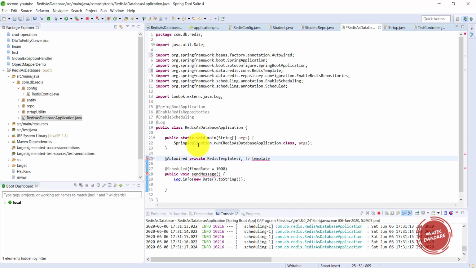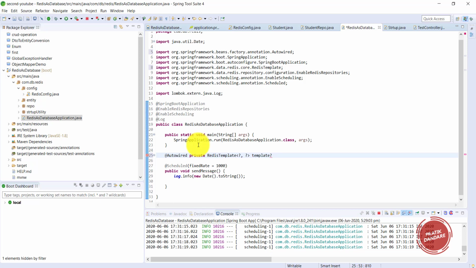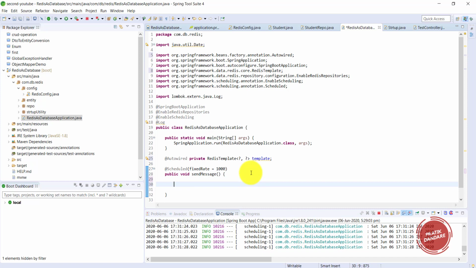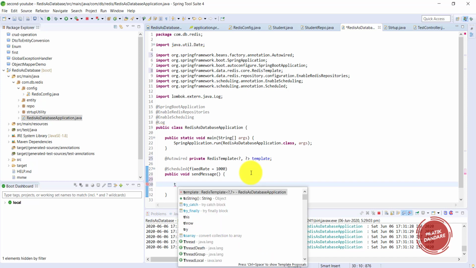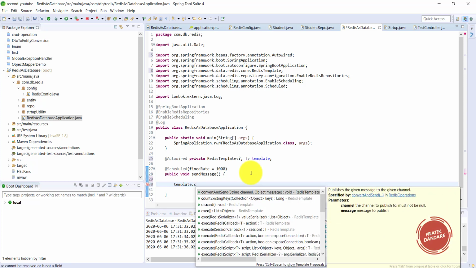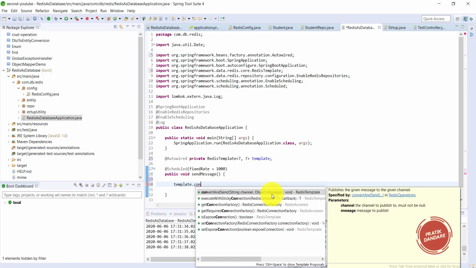Okay, so we are done with getting the template here. Now what I want to do is publish a message from here. We have the template.convertAndSend method, I guess, where we put a channel name, which is nothing but the topic we already created, and the message.